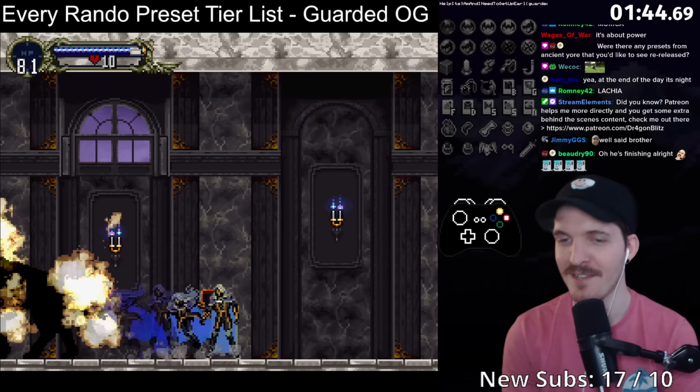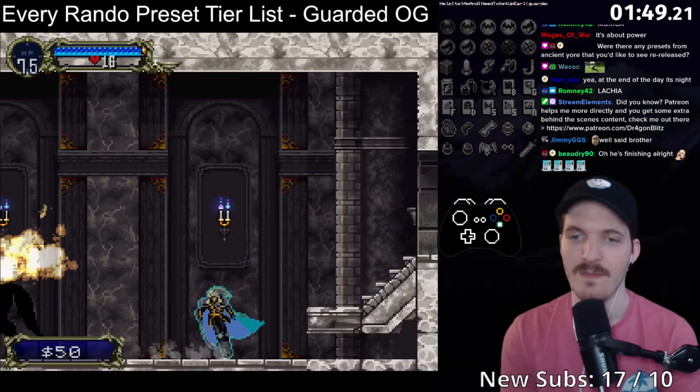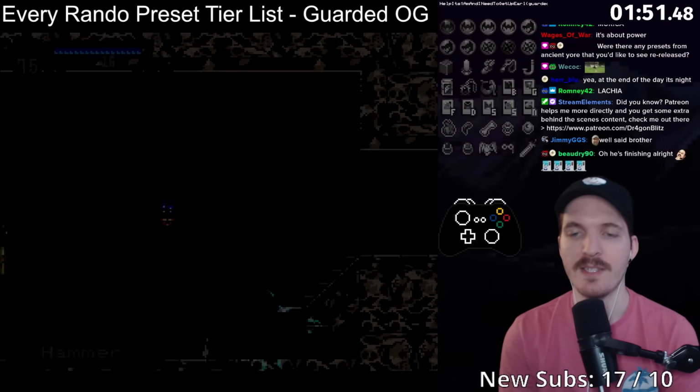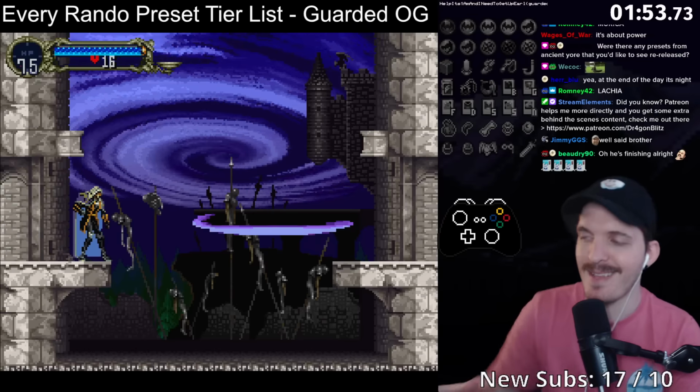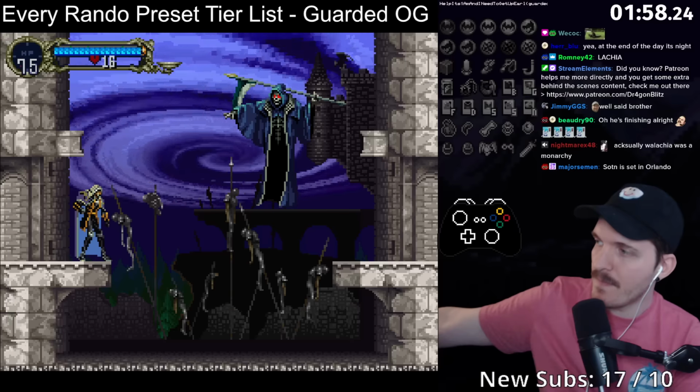Well said, brother. All right, starting gear, meal ticket. Oh, well. We don't get to keep it. Not that I would have kept a stone sword necessarily. Stone sword is cool and all, but...